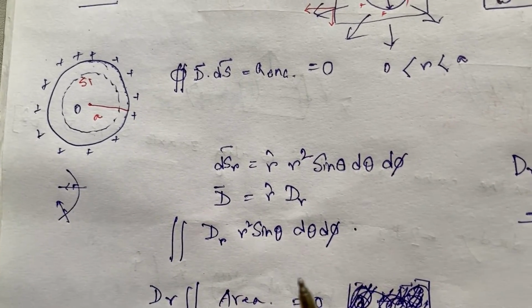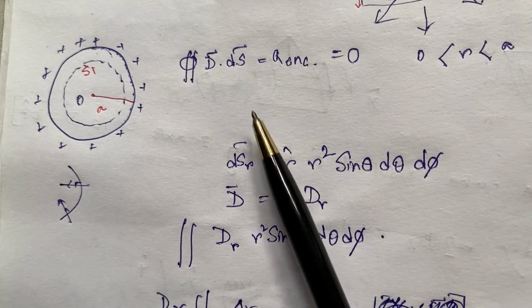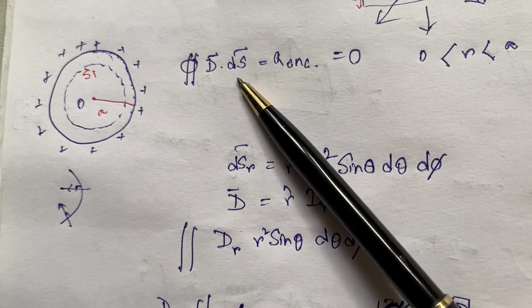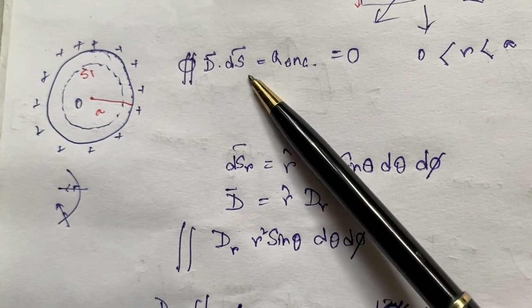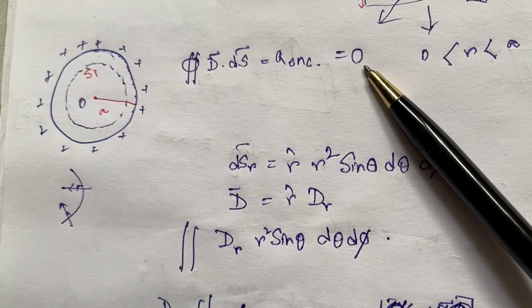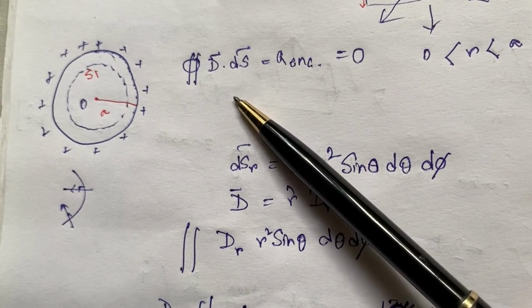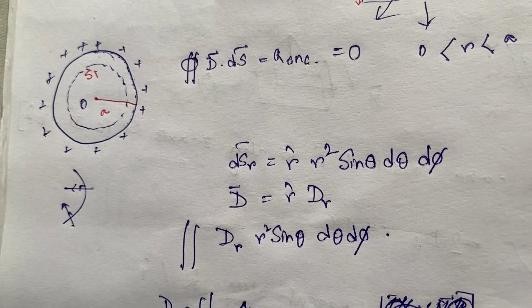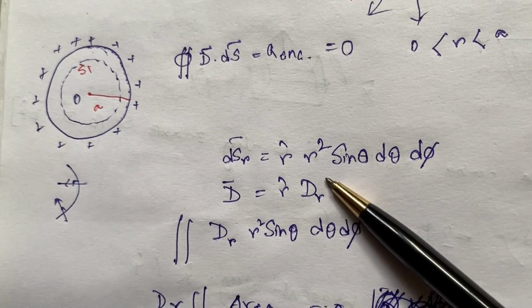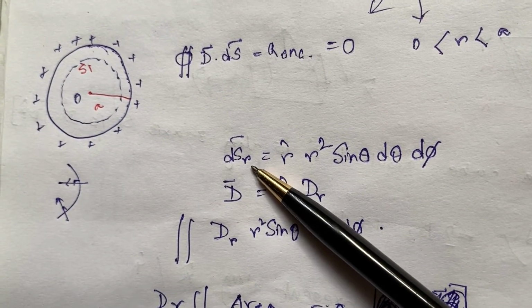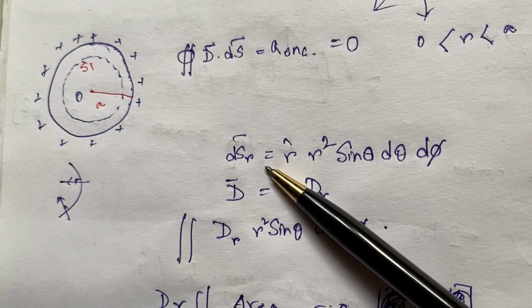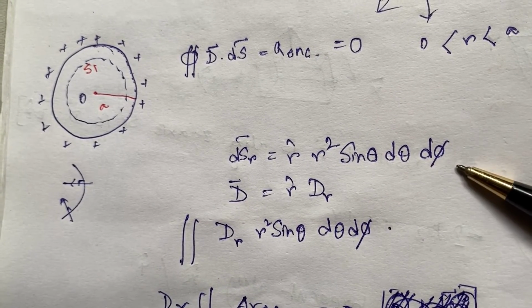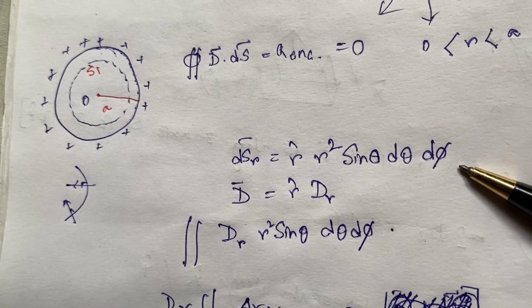Now, as the integration itself is equal to 0, does that mean that the electric flux density is also 0? That is a very important question here. Now, if we want to look into the incremental surface area dS_r for spherical symmetry, that looks like this. This is quite familiar to us. We have discussed this earlier.